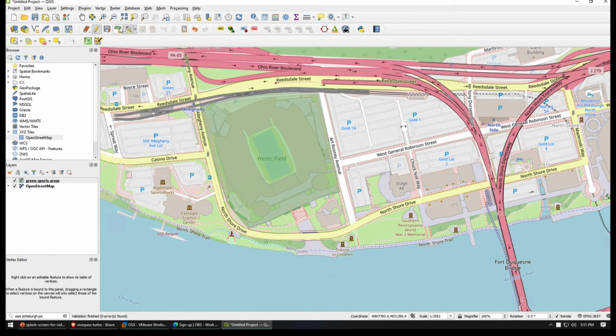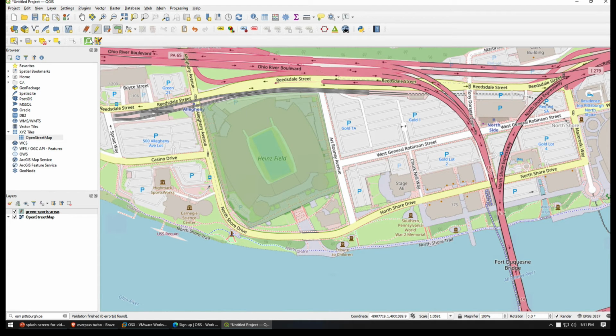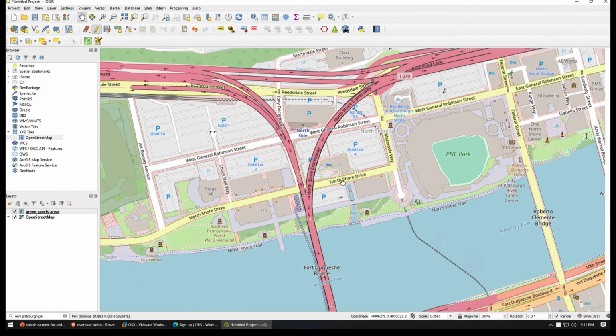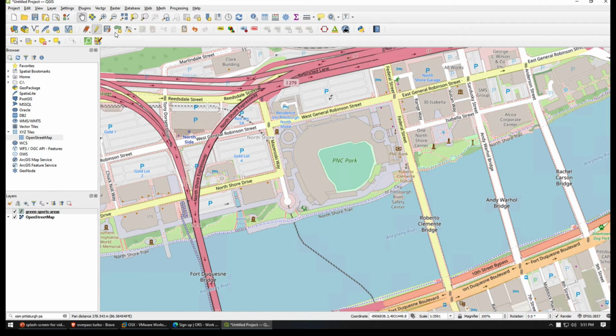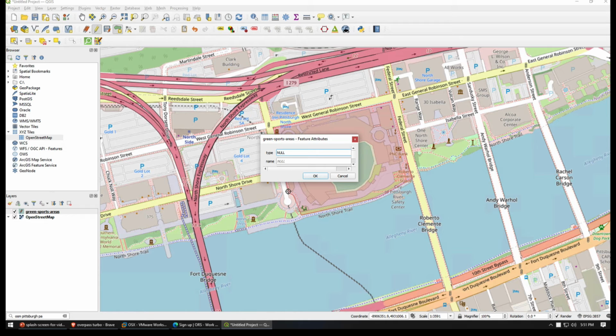I need to add other things, so I'm going to add also PNC Park. So I'm going to select my hand here and move to the left. There's PNC Park. I'm going to go around PNC Park and add that element as well. Let's say that all of this is PNC Park, including the part that's close to the river. Once I get there, I can right click to close my selection, and then this is also a